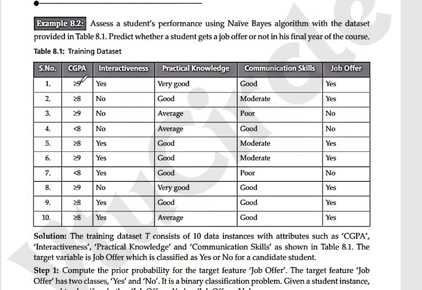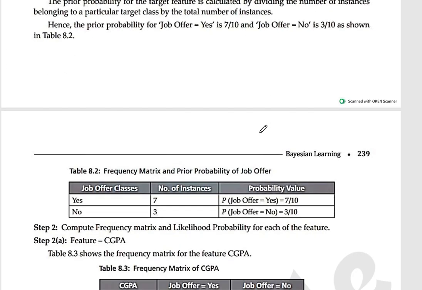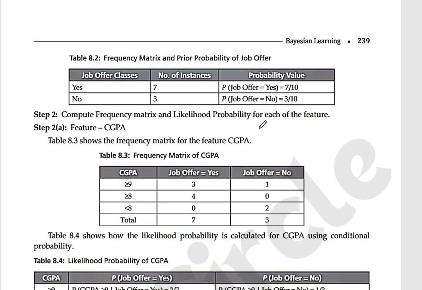It has the features or the attributes like CGPA, interactiveness, practical knowledge, communication skills, and the last column will be the target class, that is job offer. The first step is to calculate the prior probability of the target class, that is job